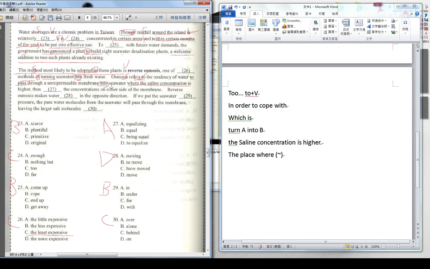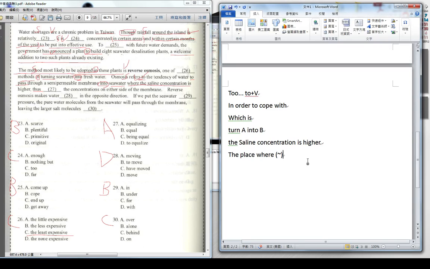Okay, so this sentence is a little bit complicated because it is composed of lots of sentences. And into seawater where the saline concentration is higher, thus here equals therefore. And usually we should follow it with a sentence. But here 我们用分词构句的方式。So equalizing the concentration on either side of the membrane. So something equalizes. So here actually is therefore something